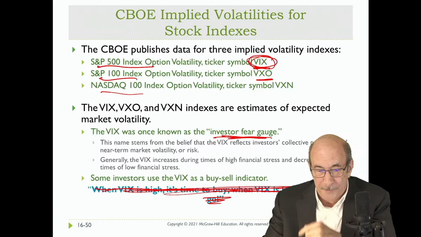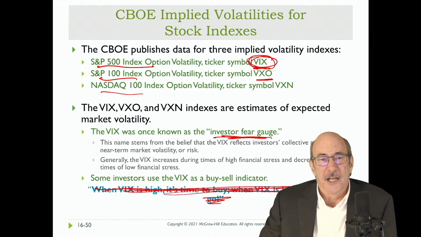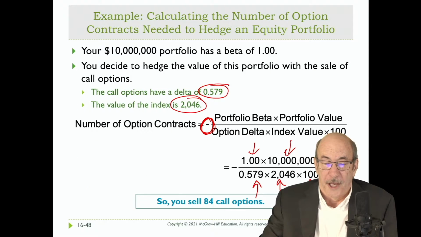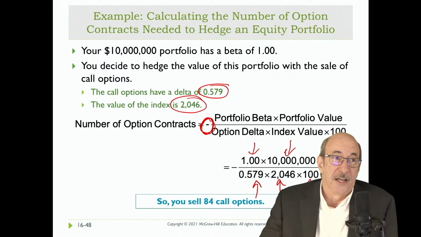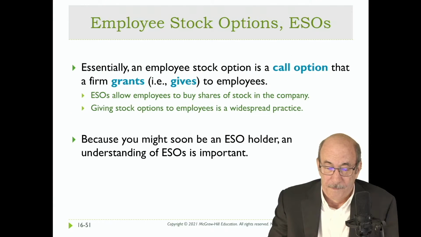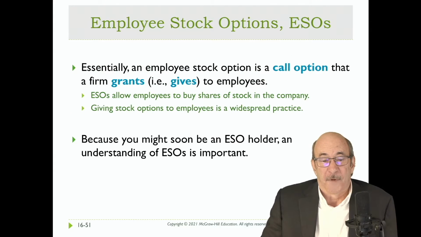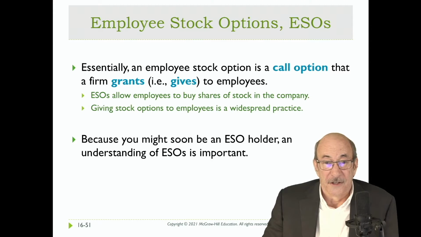Okay, so that's questions on implied volatility or on coming up with a hedge portfolio or a hedge for a portfolio. Pretty straightforward stuff. Okay. Now, the last part of this chapter talks about employee stock options, and the authors suggest